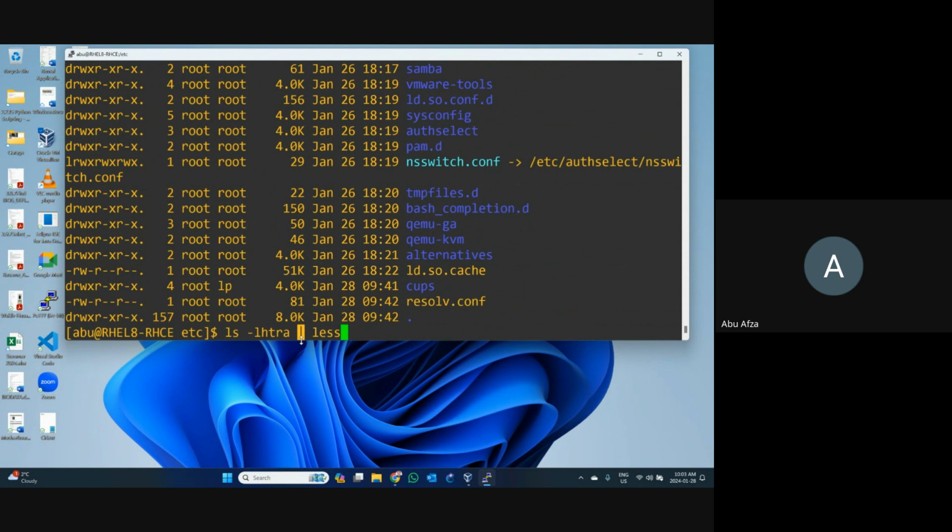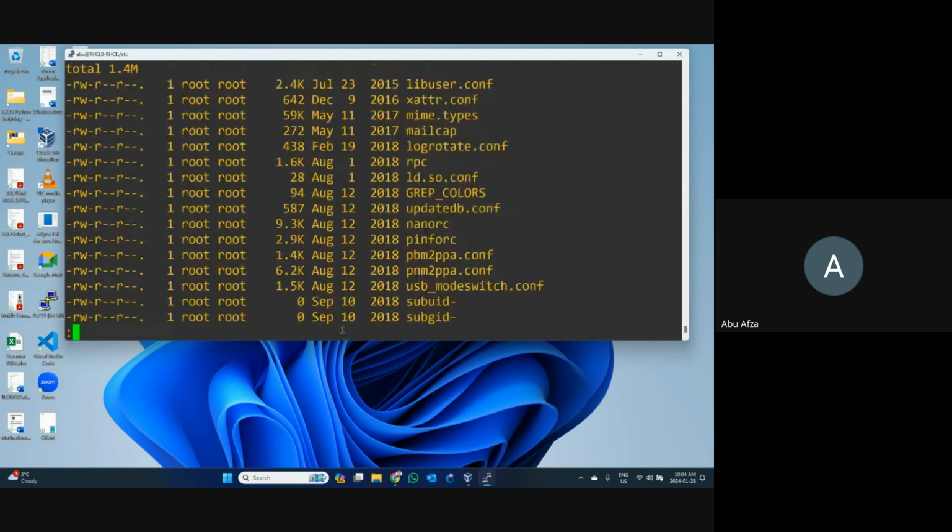Like that one. Now I write down another command called less. What is the meaning of less? Less is a very good command because when you are using less, press enter, then you can see the difference. When I press less, you can see only one page at a time. The page length is based on your window. Window means I open my window like this. So if you increase your window, you can see more lines here. So I cannot see all the files here all together. You can see your file like a Word file, page by page.